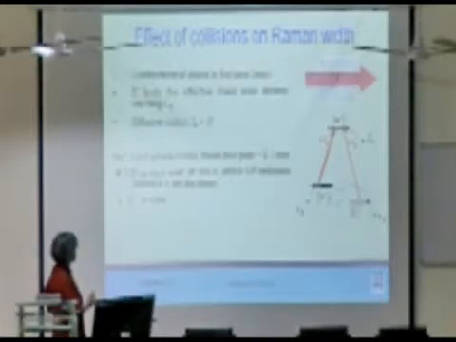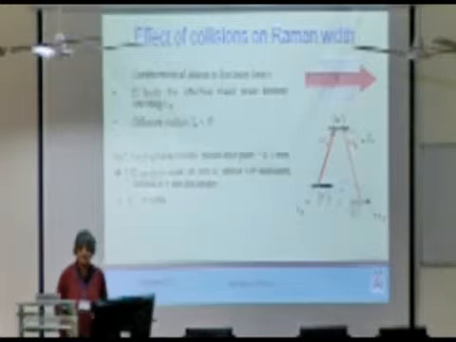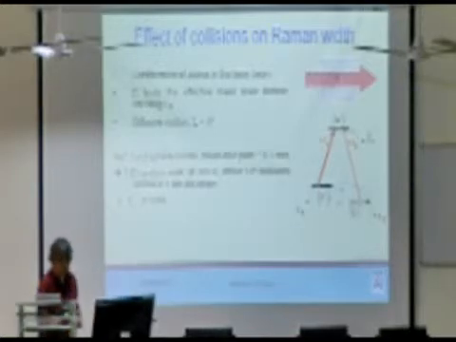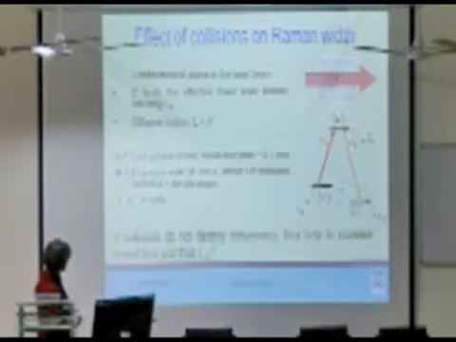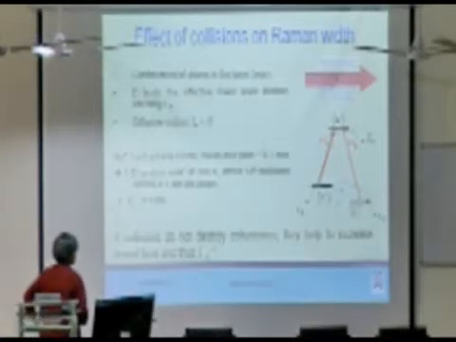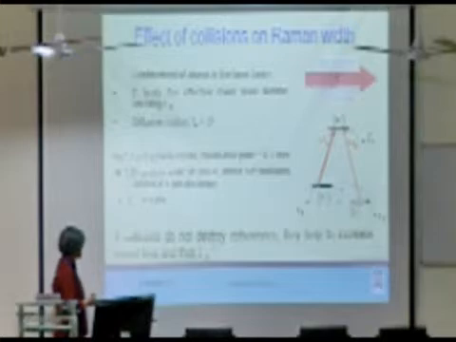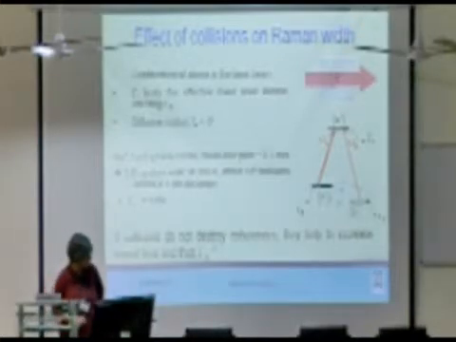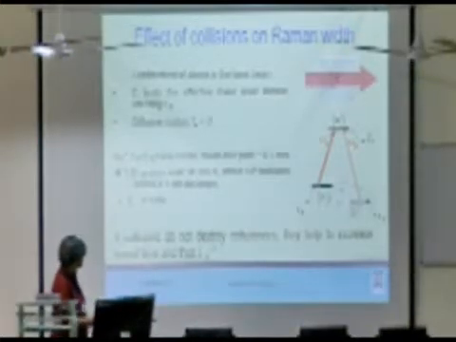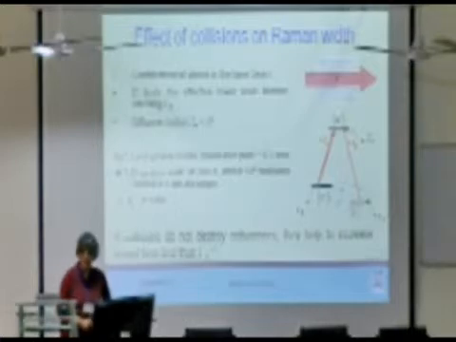So if you take a 1D random walk, you actually get your transit time to be about half a millisecond, pretty much like what we have estimated by other means too. So the moral of the story with collisions at this point is that if collisions do not destroy coherences, they help to increase transit time and therefore the Raman coherence time, which is a very, very